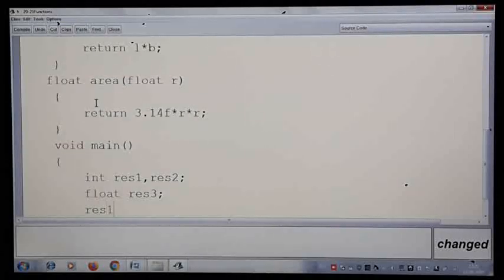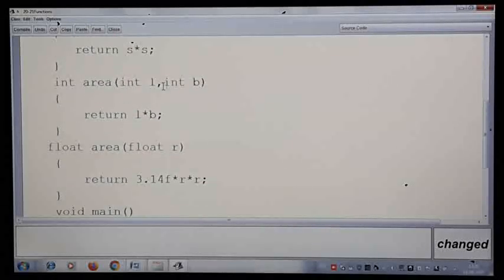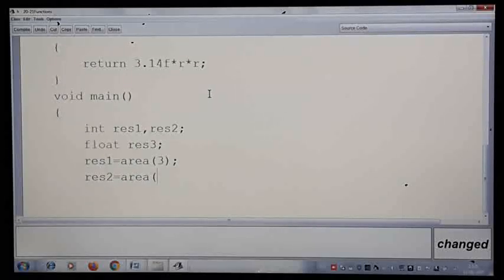So result1 is equal to, I'll call the area method by passing only one argument, which I will give as 3. Next one, result2, I'll call the area method by passing two arguments, length and breadth. Here I'll pass 2, 5.